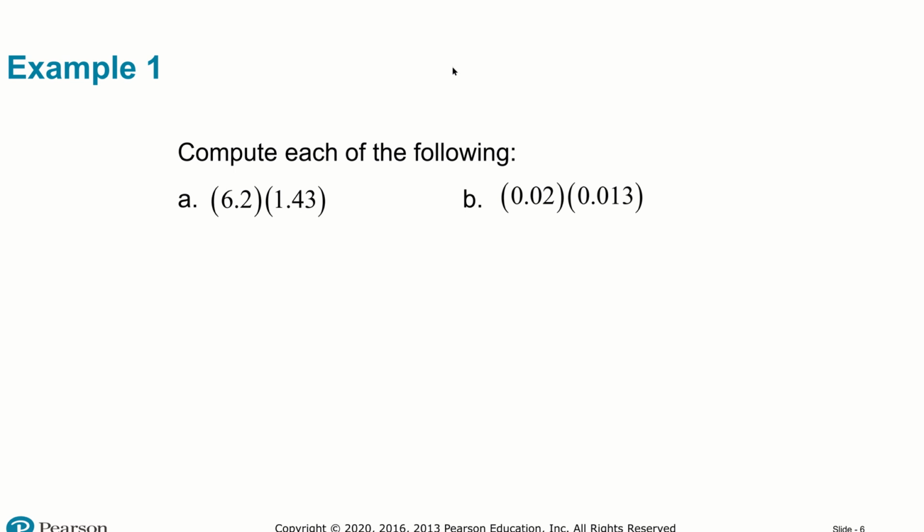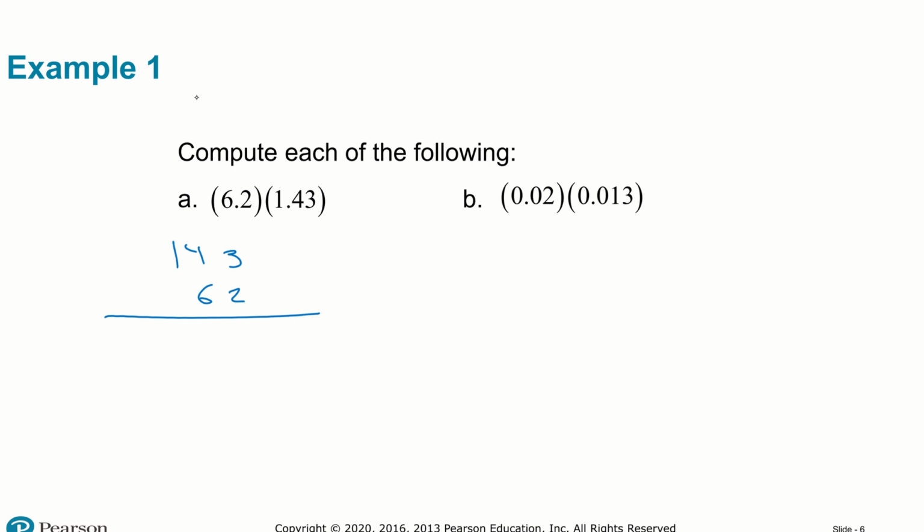We have a very nice and effective algorithm for multiplying decimals, and what's nice about it is that basically we're going to temporarily ignore the decimals, go ahead and multiply the numbers as if they were whole numbers, then we'll adjust for the decimals in a way that I will show you in a second. So let's go ahead and just multiply 6.2 and 1.43. So it's easier if we write the larger number on the top. So I'll just put 143 first,